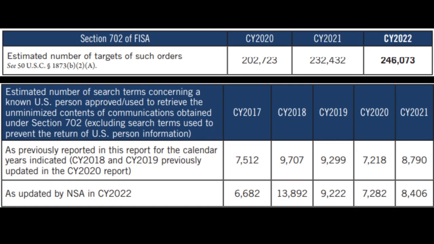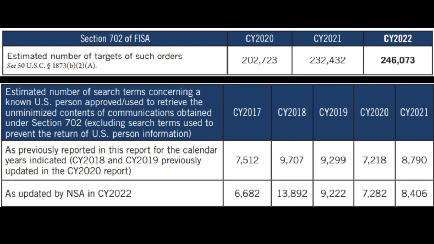Intelligence agencies cannot search their databases of communications with keywords or names, and instead have to search by identifiers. Those are email addresses or phone numbers or IP addresses. In their efforts to create transparency, the Director of National Intelligence Annual Report in 2023 has revealed that U.S. citizens' identifiers were used as queries more than 8,400 times in 2022.